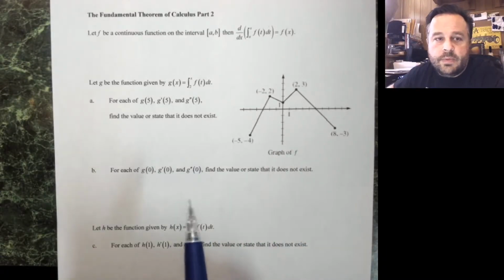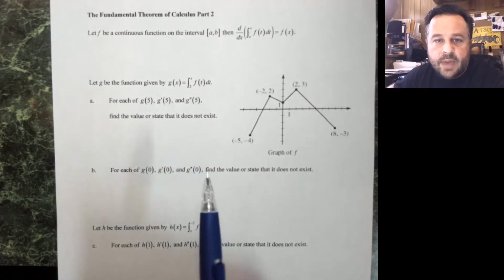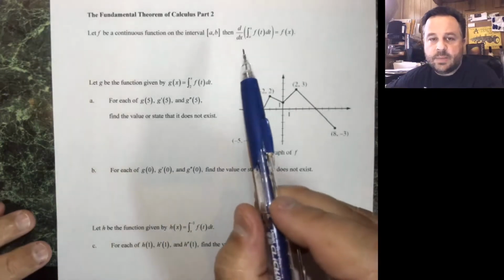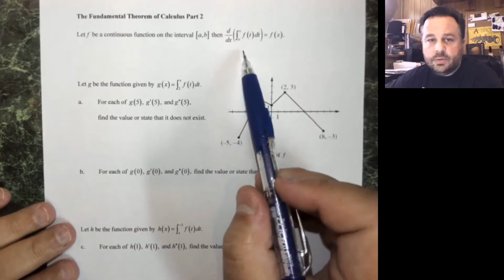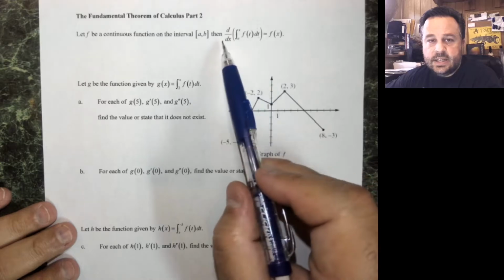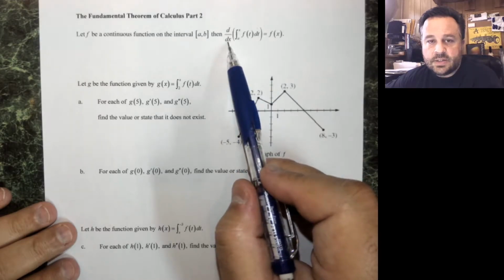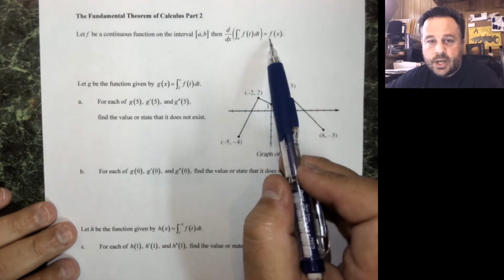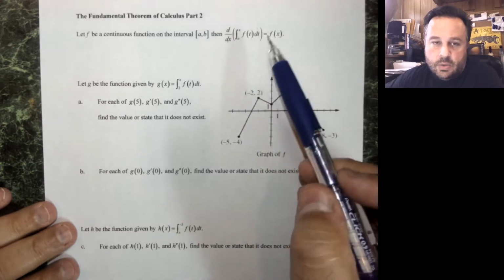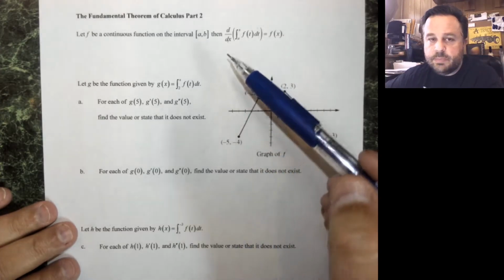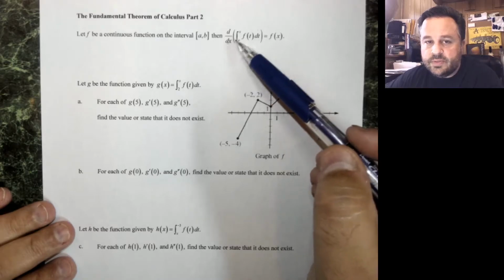Here we are on part 3 of the accumulation function fundamental theorem of calculus. We ended the last time by saying that if you have the integral from 0 to x of f of t dt, and if you take the derivative with respect to x of that, the answer is just f of x. So it's overly simplistic, but in effect, we're just saying that the derivative and the integral will